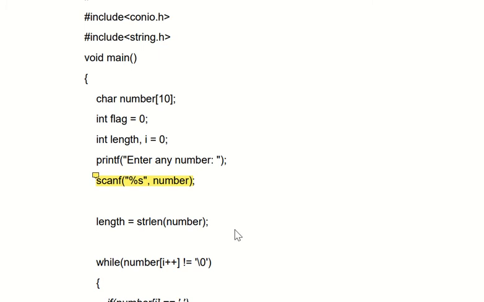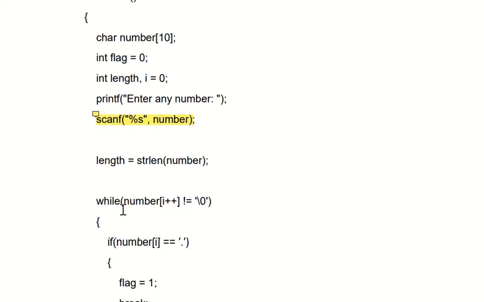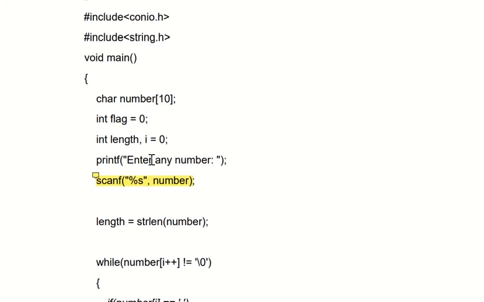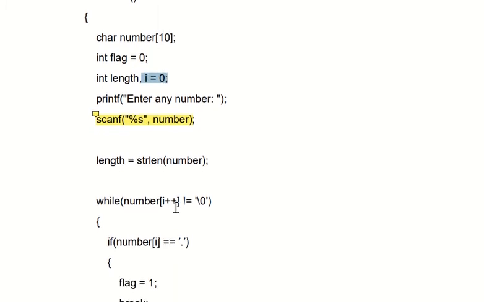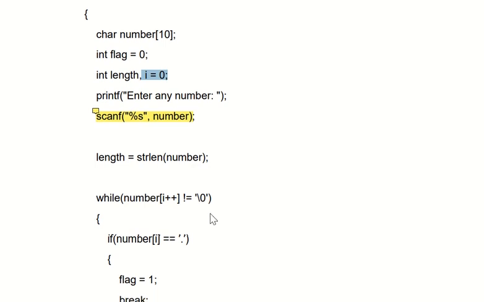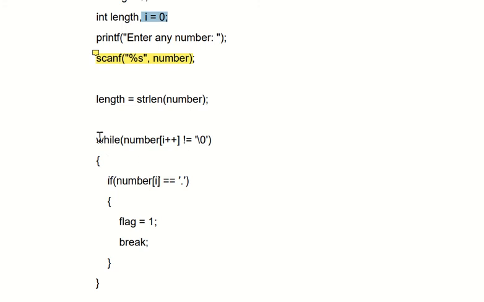Now after that, while loop: while number of i plus plus, which means initially i is 0. So i plus plus means number of i not equal to slash 0. Obviously it is not equal to slash 0, so the condition is true and it will go inside this while loop.